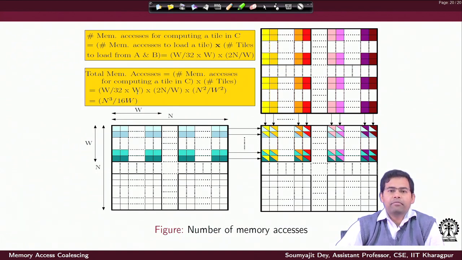So, if w is comparable to n, some big fraction of n, I can have lots of acceleration here, right. That is the primary takeaway message here: with a significant amount of tiling, depending of course on the amount of shared memory you have available, I can reduce the total number of global memory accesses for computing this matrix multiplication by a significant factor by getting the threads to collaboratively work from the shared memory, and also the tiling is helping me to increase the amount of coalescing that is possible here.